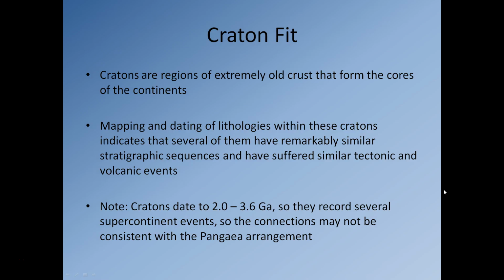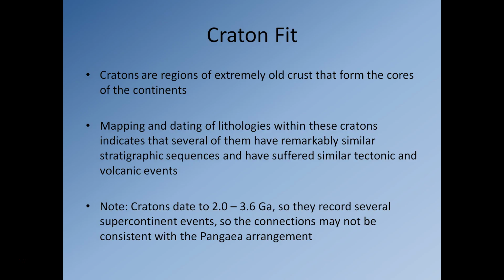So cratons, or cratons, depending on how you want to pronounce it, are regions of extremely old crust that form the cores of the continents. And so the rest of the material that forms the continents essentially sticks onto the side of these very, very old pieces of crust. So mapping and dating of the rocks within these cratons indicate that several of them have remarkably similar stratigraphic sequences. They have the same sequences of rocks,